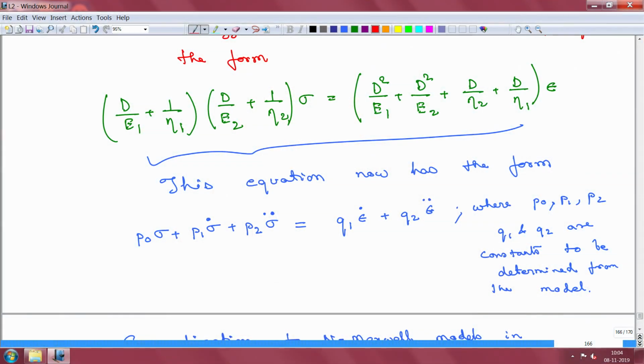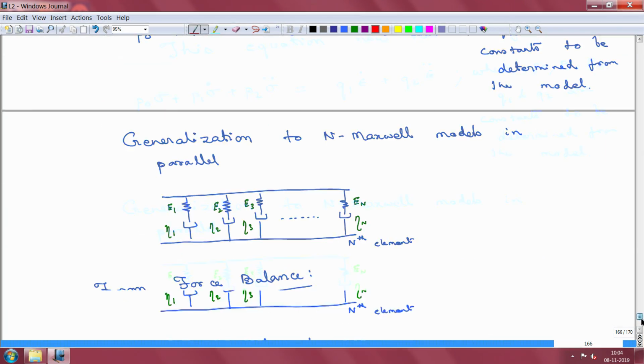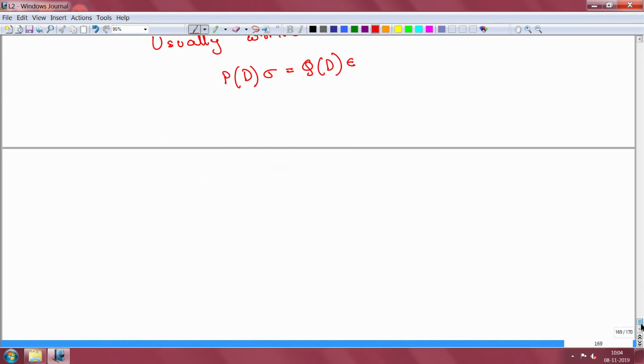So, in this particular case, for the n Maxwell model, we have a situation where we have polynomials in D on both sides, and the powers are exactly the same. That was not the case, if you recall, for the Jeffreys fluid, where you had a mismatch in the powers of operator D in the two cases. Okay. So now let us try to take some special cases.